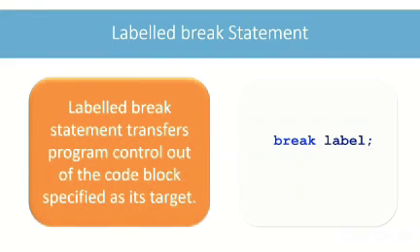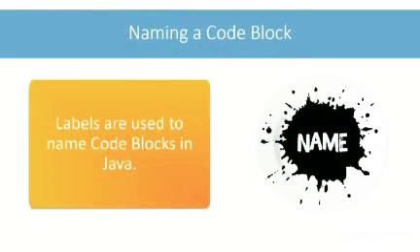We call this form of break statement the labeled break statement. To understand labeled break statement, we first need to understand about this label. In Java, you can assign a name to a code block using a label, and then you can use this name to refer to that particular code block in your program. Let's go back to BlueJ and see it in practice. That will make it clear.